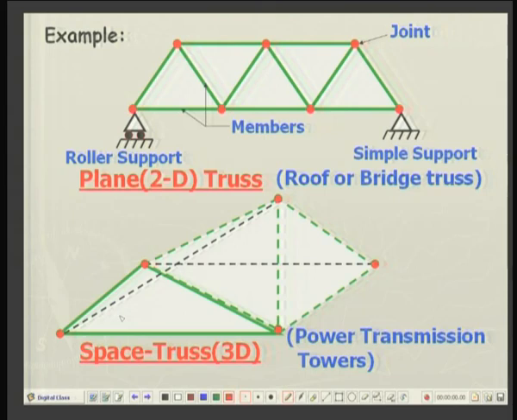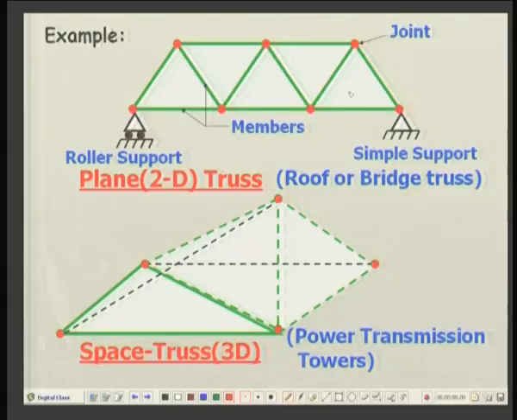One thing more: when you look at the plane truss, the basic element of the truss is a triangle. Now if I start with this triangle, I add 2 members here and 1 joint, so I get a truss of this type. If I add 2 further members and 1 joint here, then in this way, by adding 2 members and correspondingly 1 joint, you can build up the whole truss. Those trusses which are built up from simple triangles in this manner are called simple trusses.